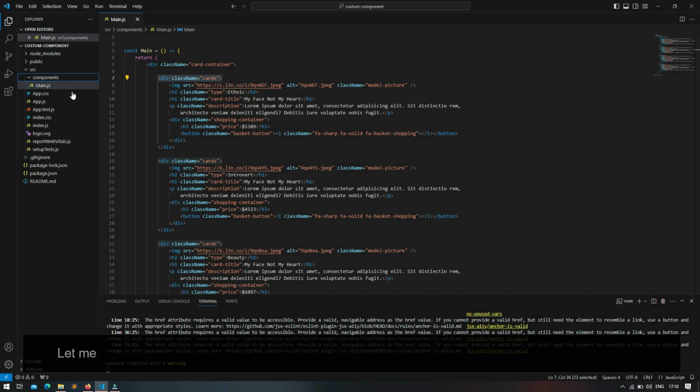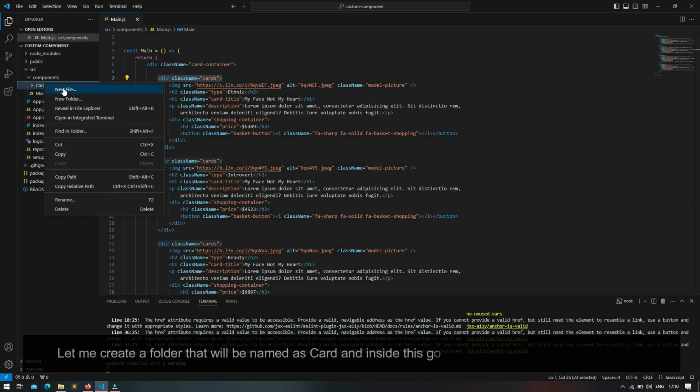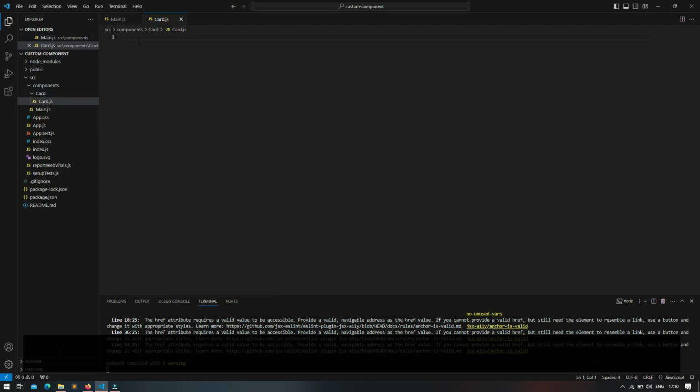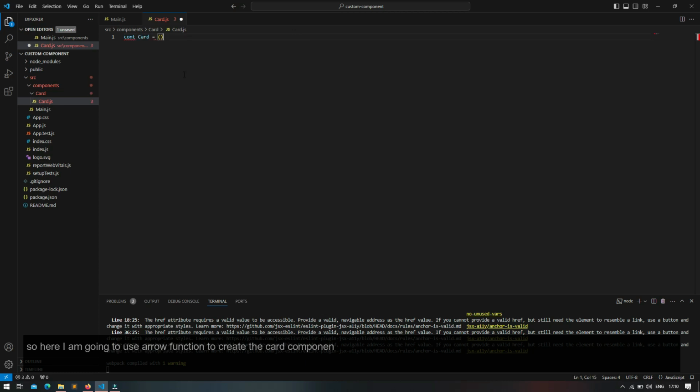So let me first create a folder. Here I am going to create a folder that will be known as card, and inside the card folder again I am going to create a file that will be known as card.js, and this will be the main card.js component that we will call every time whenever we need to have the card UI. So here I am going to use the arrow function to create the card component. So let me create this,